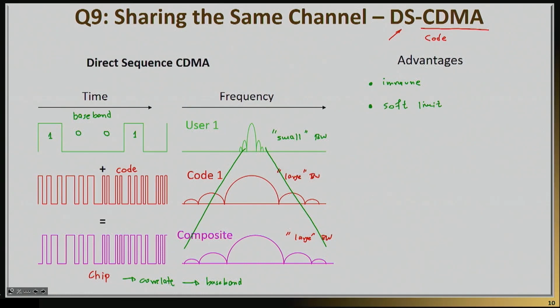Of course, there is a little bit of an issue. In real life, nothing is perfectly orthogonal to each other. And so what happens in real life is that every time you add a user, because of correlator noise issues, your noise level actually goes slightly higher, because the cross correlation between two codes that are not totally orthogonal is not 0. It actually is a little bit of a noise, and every time you have an additional user, you